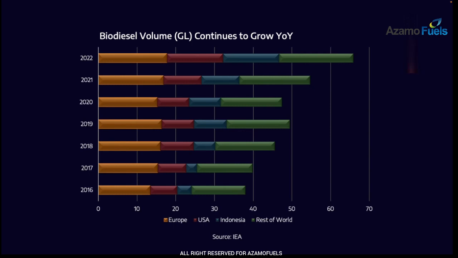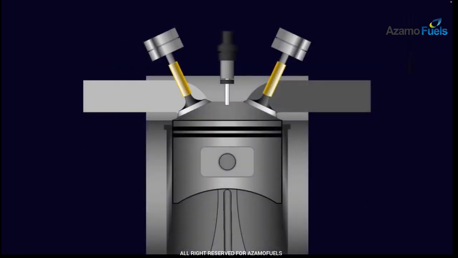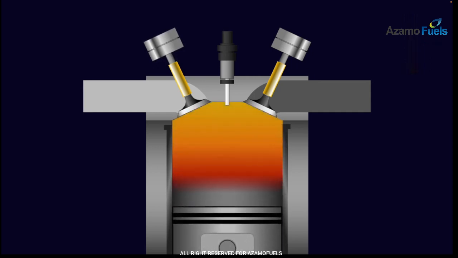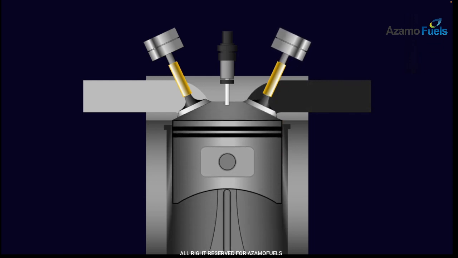Now, we could spend a whole other hour talking about the environmental costs versus benefits of biodiesel. Obviously, if you're growing monoculture plantations, that can be bad for the environment. We're not going to get into it here. But what I do want to focus on is how it affects the engine and the lubricant system. So when you have an engine, the one thing that we cannot avoid as much as we would love to is some degree of blow-by that occurs past the rings. And so some measure of blow-by and fuel dilution of the lubricant is going to be unavoidable.